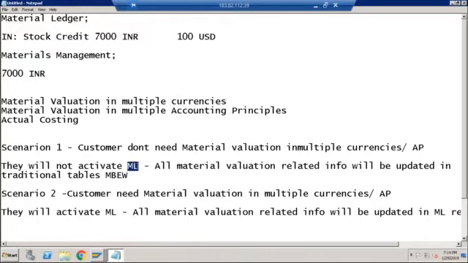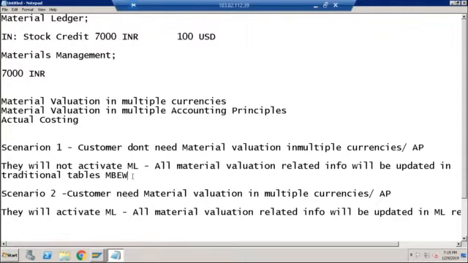So it is possible that in the same system, some plants store data in MBEW and other plants store data in the material ledger tables. If I want to create a report for all the plants, I need to pick some data from here and the remaining data from other tables, and it is not only one table. This is the main table.